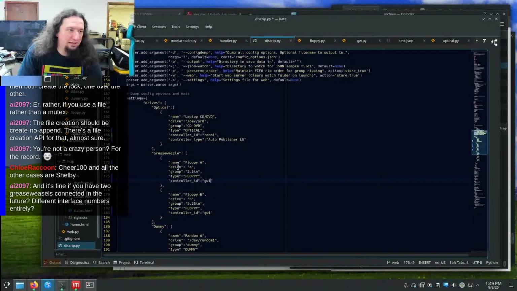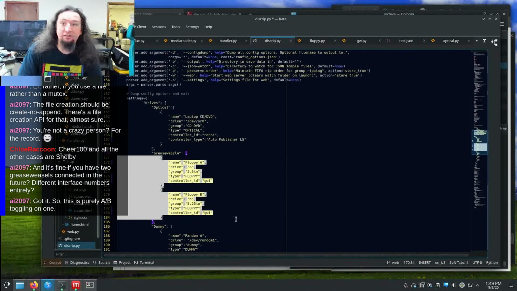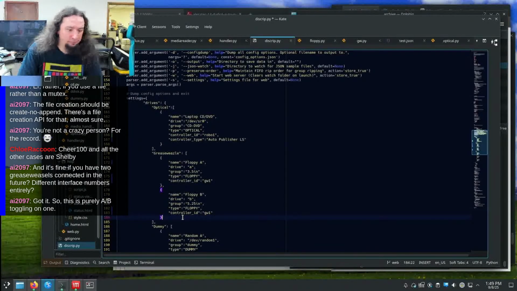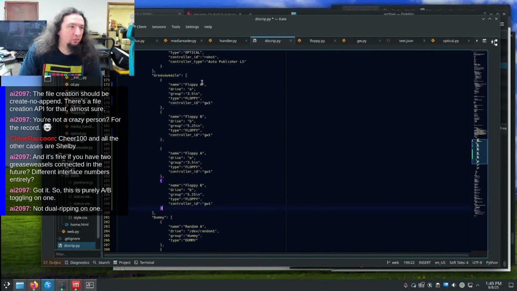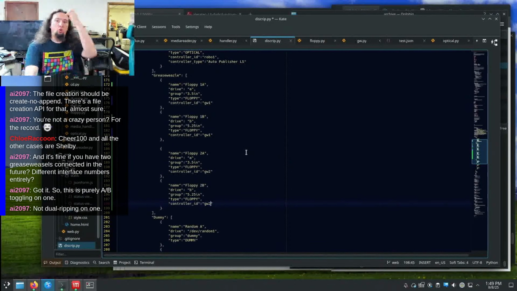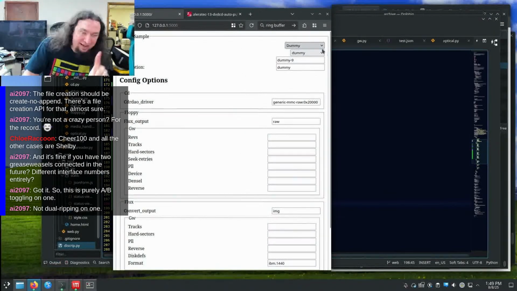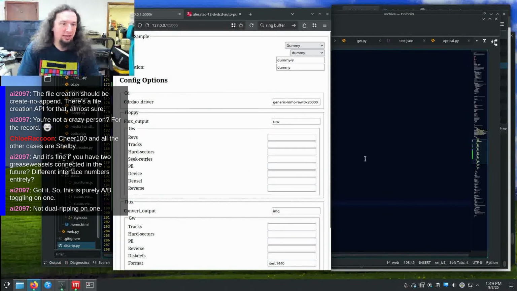So what I'm saying is drive A on this Grease Weasel 1 would be that. We could purely A-B toggling, exactly. So we could have floppy 1A, 1B, 2A, 2B, and then we have GW here and here. Now, yeah, not dual ripping on one. Yes, that's impossible. Now, the downside to this, okay, if I save this,